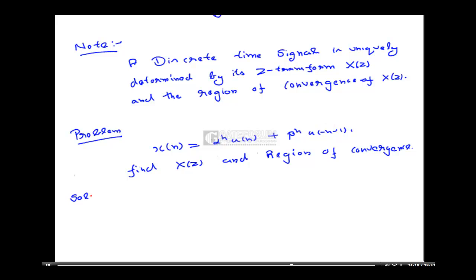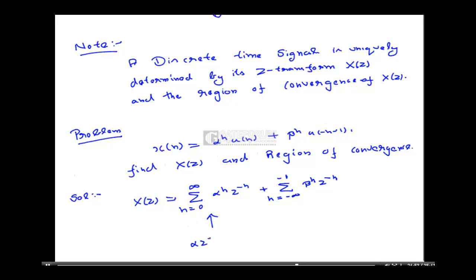Solution. Again, X(z) can be written as summation n tending to 0 to infinity alpha n z to the power minus n plus summation of n tending to minus infinity to minus 1 beta n z to the power minus n. Okay. Now for this series to converge,